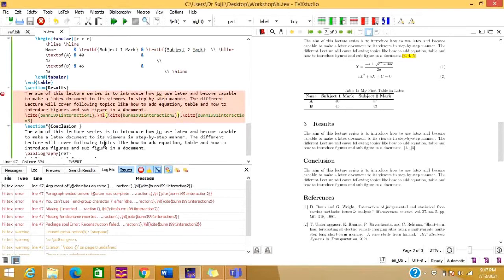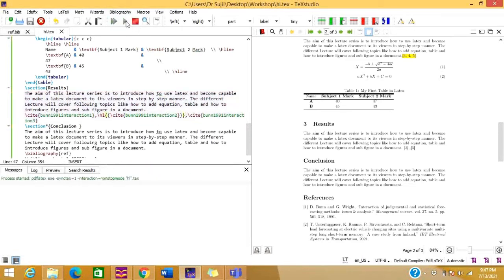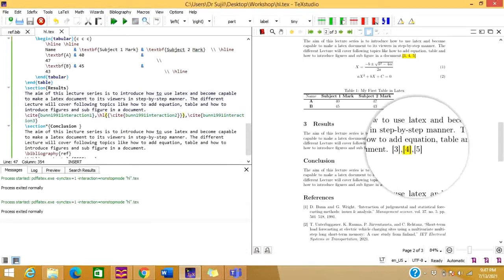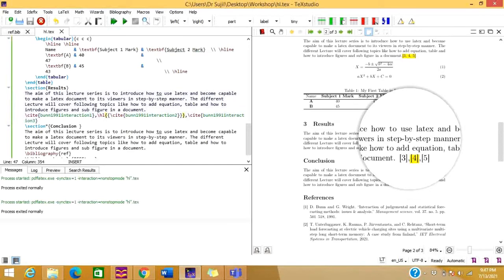For rectifying that, you need to add one more bracket here and another bracket here to close the opened bracket. So now let us run it and see what is going to appear. So we can see by running this that reference number 4 is now